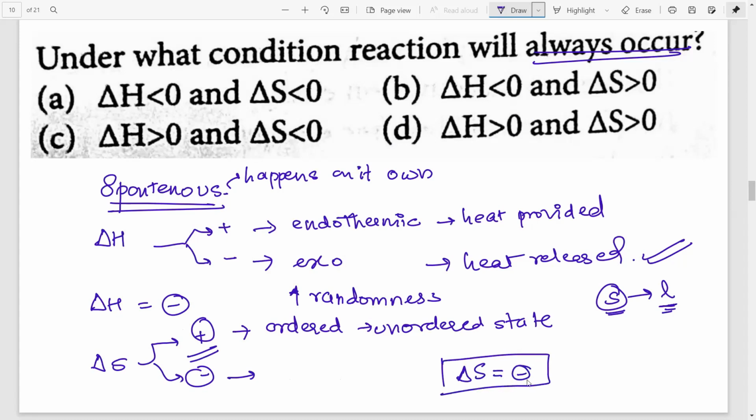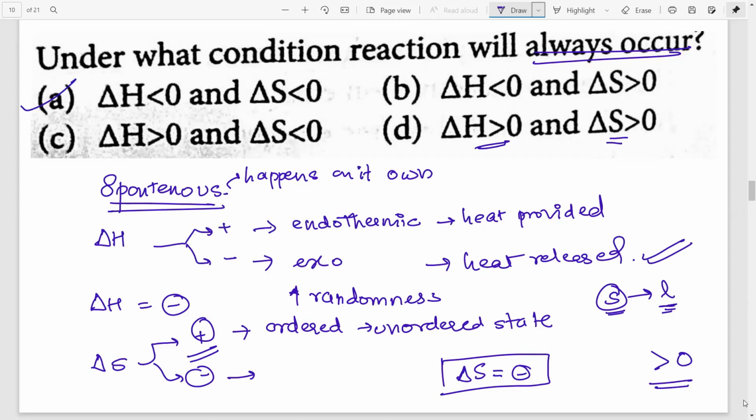Now what does this mean? When can something be negative? When it is less than 0. So we have to search for where delta H and delta S are less than 0. Here it is greater than 0, right? This option says that they are less than 0. Delta H is, oh, this is greater again. No, this is right: delta H is less than 0, delta S is less than 0. So this is our right option, option A.